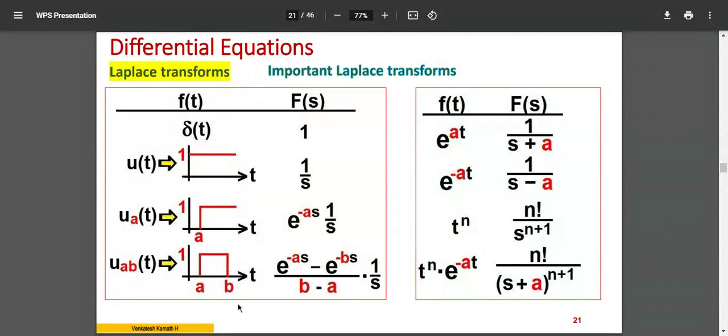The time elapsed for doing this activity is b minus a, because a is smaller than b in the time scale, right? So b minus a is positive. So it is b minus a in the denominator, right? So this is how the Laplace transform comes. This is only a conceptual explanation I told you.